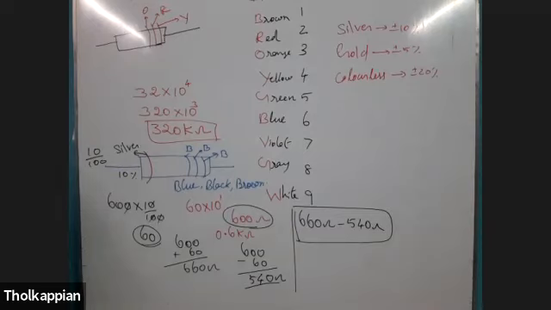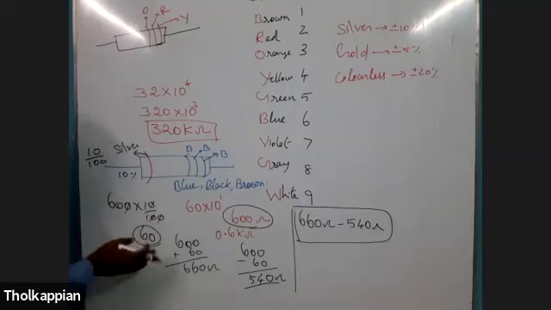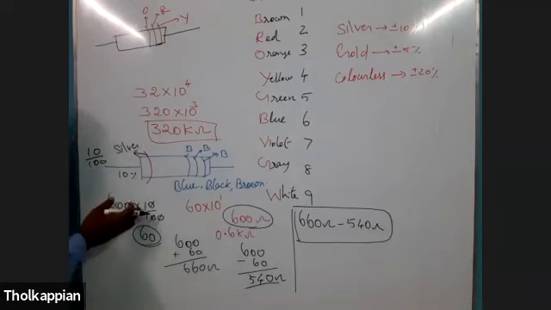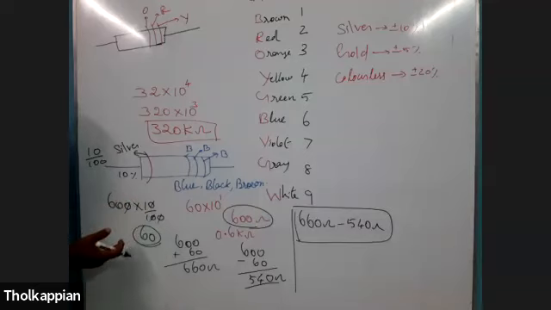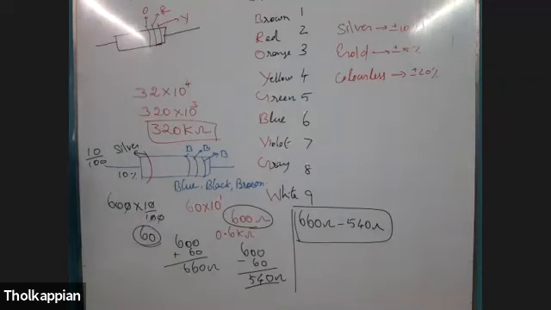This is the meaning of the plus or minus reliability, also called tolerance. If it is 5%, you take this as 5 by 100, and that value you add, and that value you subtract. The range is between those. And if it is colorless, instead of 10% you write 20 by 100 and cancel, and whatever value you get, subtract that and add that value. The range is between the two. That is the meaning of tolerance.